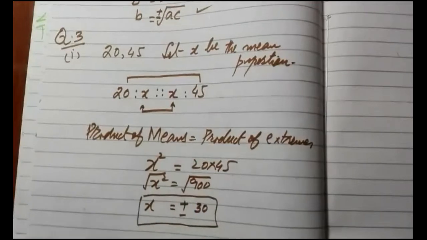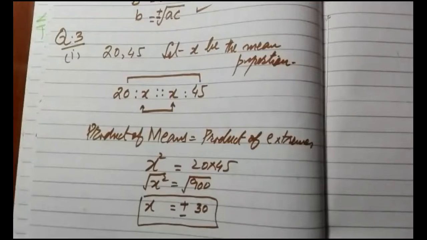This is how you have to proceed for this one. You can take any letter, either you can assume m for the mean proportion or x for the mean proportion. So this type of question can be a part of a short question, it can be a part of any MCQ, and normally if we move to the next part number, I think the third and fourth parts can appear as a lengthy question, because the examiner is normally interested to find out whether the student knows the formula of mean proportion or not. So if you just know the formula, you just have to put it into the formula, arrange for x, and simplify. This is how you will get it.